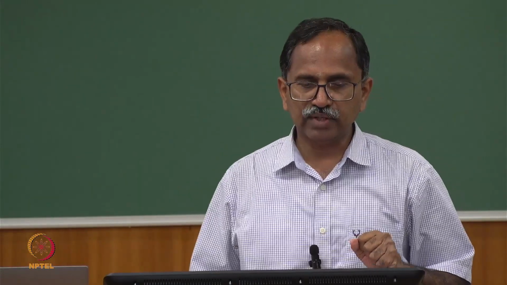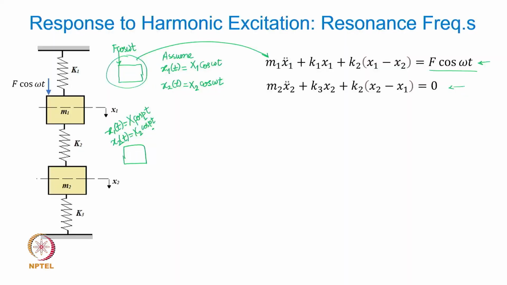The damping is going to introduce a sine term or j omega term if you assume the solution to be capital X1 e to the power j omega t. So that is the reason the absence of damping allows us not to include the phase in this particular case. So x1 and x2 are the two assumed solutions, and now you substitute x1 and x2 into these